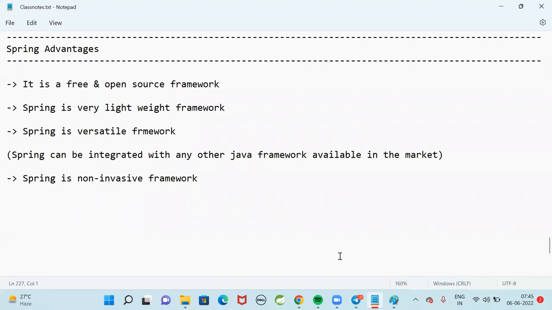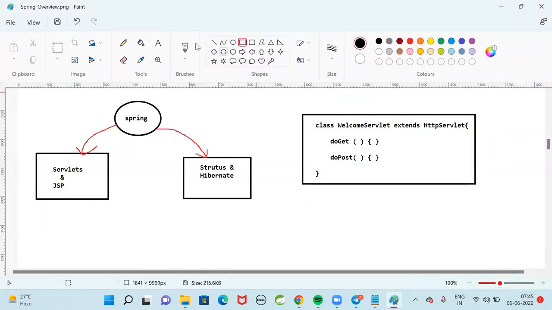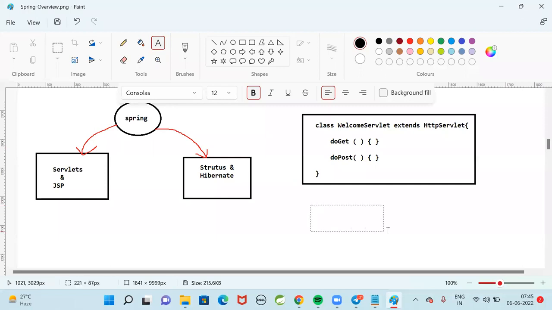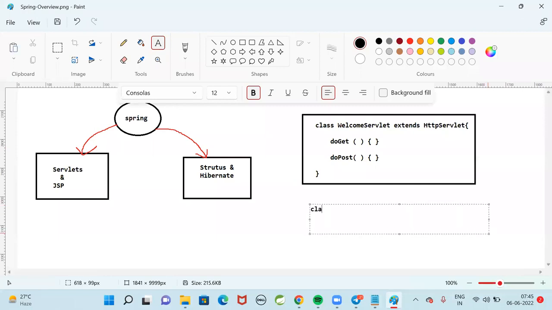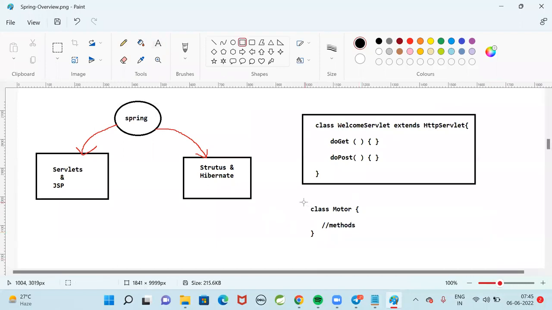Whereas when you go for Spring Framework, you just create a class with a name like some motor class and write some methods in this class. Now, this is a simple POJO class. Spring Framework is going to execute your class.